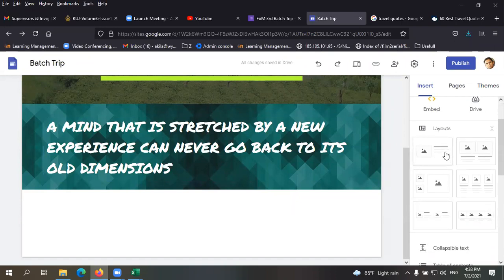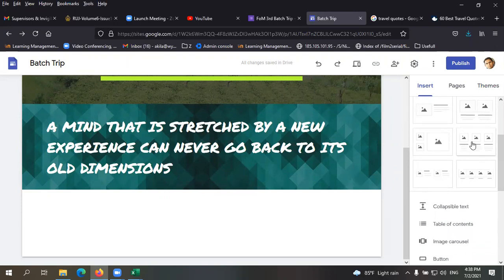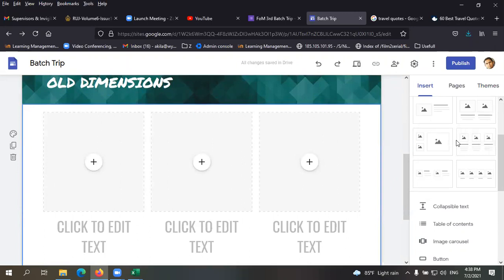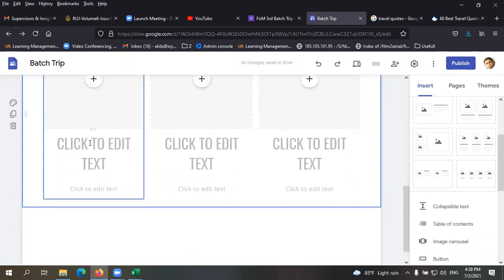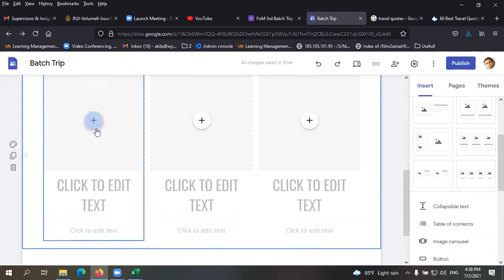Then you can select a module from here if you want to add more details. So let's say we're gonna add some detail about the places that you're gonna visit in the trip. So you can select a module from here. So I'm going to select this module. So see, image, title, and the text. So that is the module applies. So by click on this, you can add an image.